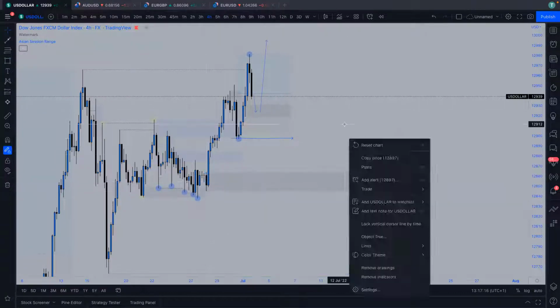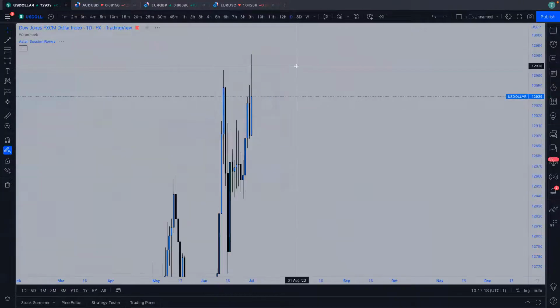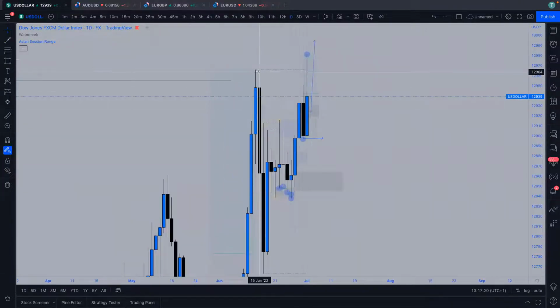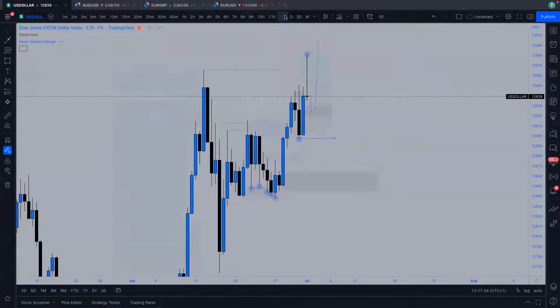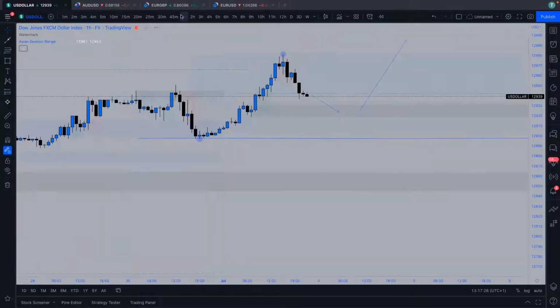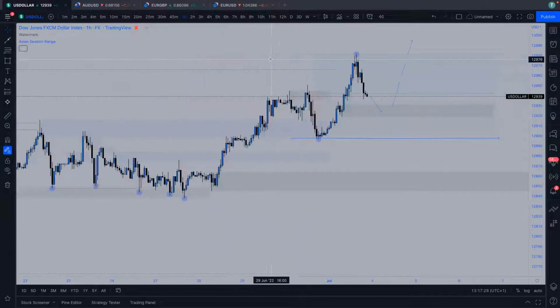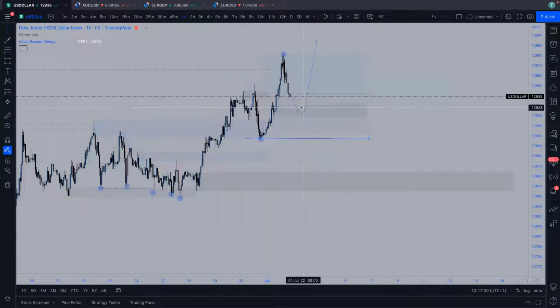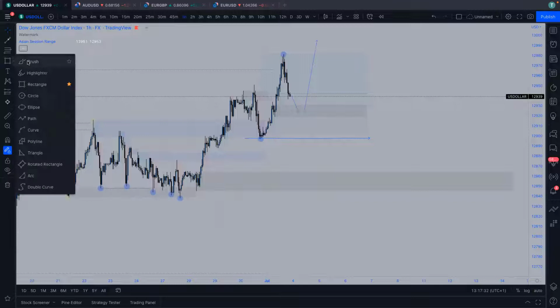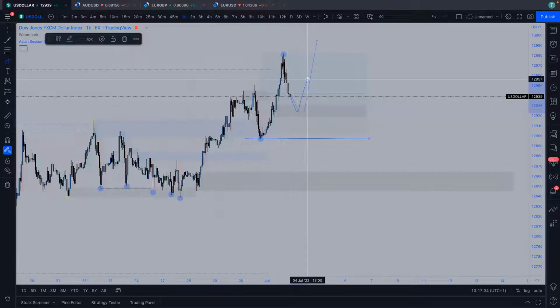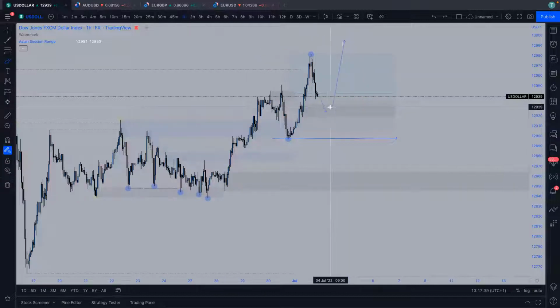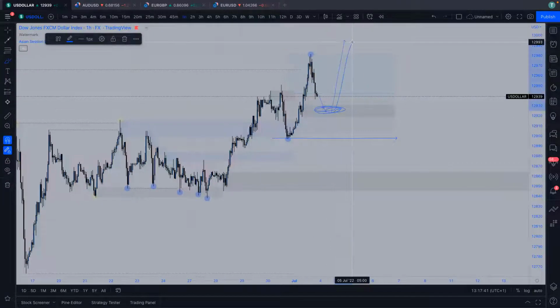So we can highlight this level out, because if we go to the daily, we haven't even broken this high yet. We actually did cause a wick. Let's go down. There is actually a lot of bearish movement and momentum. So this is going to be my area which I'm looking at, whether we're going to come down, pull back, mitigate, then continue lower. But first of all, this is going to be my first POI for continuations.